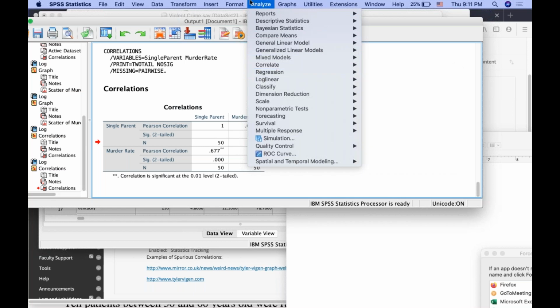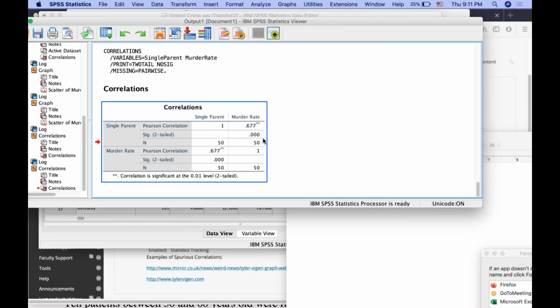Can you explain the significance of 0.000? It's less than 1/10 of 1%. In other words, it only gives you 3 digits. So if it were 5%, it would have been 0.05, right? The probability you would get this